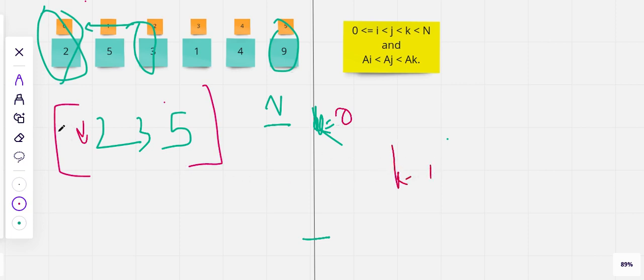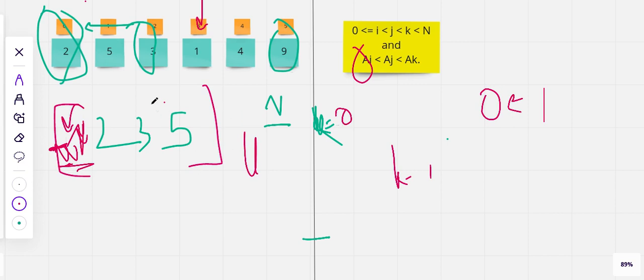And what is the k minus 1 position? The k minus 1 position should hold a number which is smaller than 1, so that I form this triplet with a of i, right? Since it's going to be null, there is no value, so I'm not going to have anything with 1 and something to its left. So simply I'm going to place 1 over here and do nothing. Again I come at 4 and again check where can I place 4.